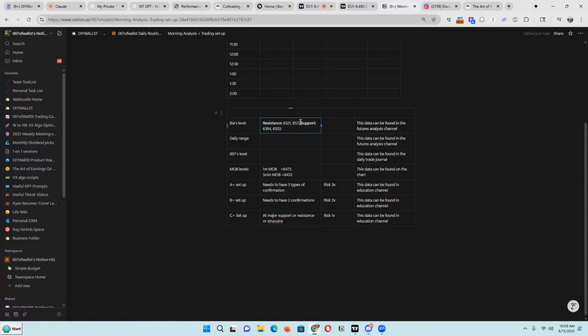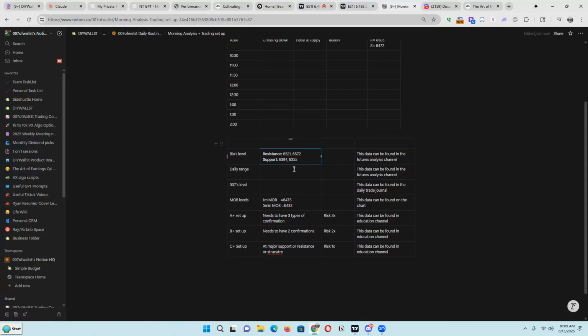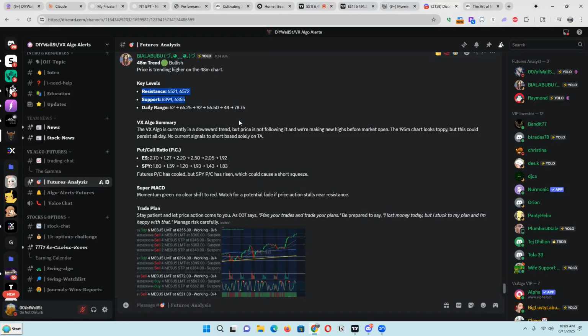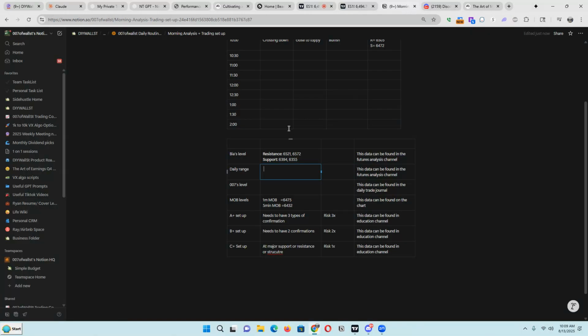They're important because if they hit at some point in time today, then we could see a potentially big move from them. We have our daily range, and this tells us how much the market has moved every day for the last 5 days. So yesterday it moved 78, 79 points. The day before that it moved only 44 points. This gives us an idea of how much the market can move, but also keep in mind that one does